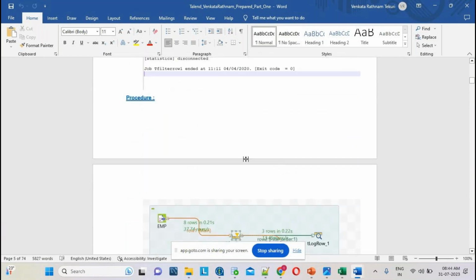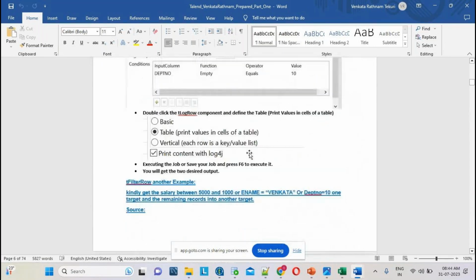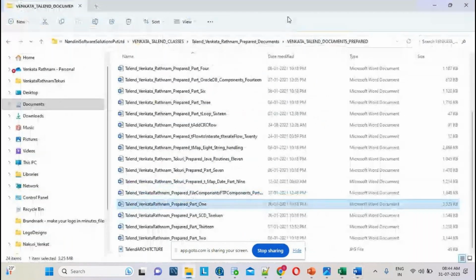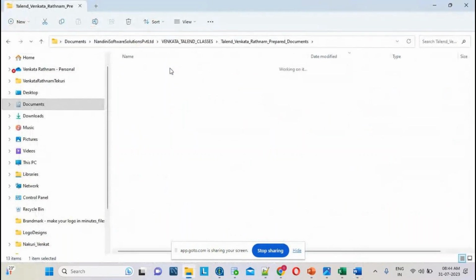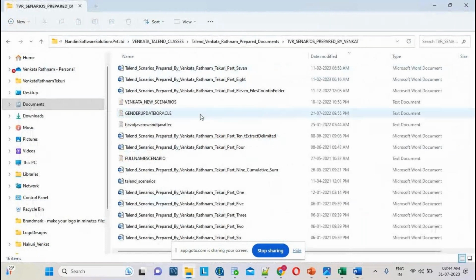Along with that, we have prepared real-time scenario documents, around 10 to 11 documents with clear steps. All the documents are predefined, so even without writing notes, if you go through them, you can understand. We have prepared multiple real-time scenarios, guys.